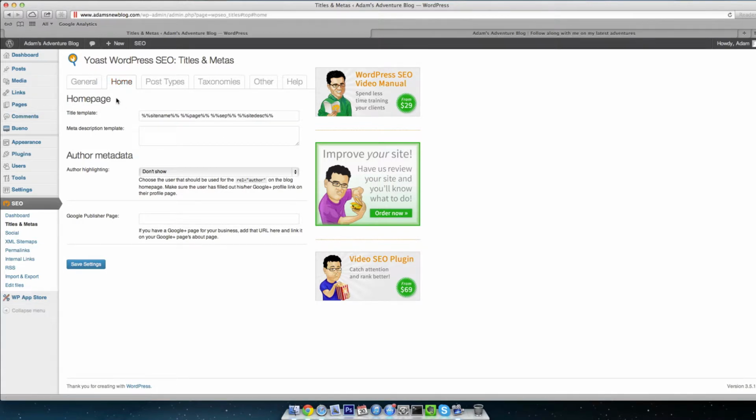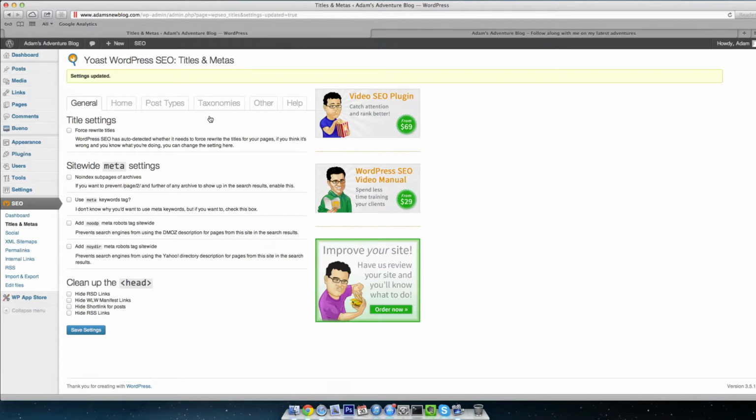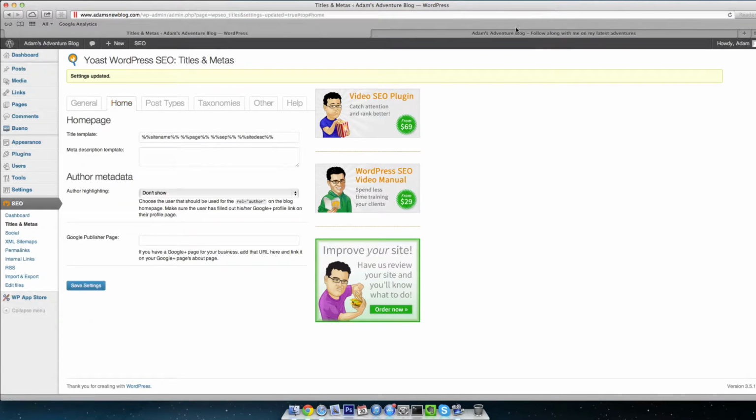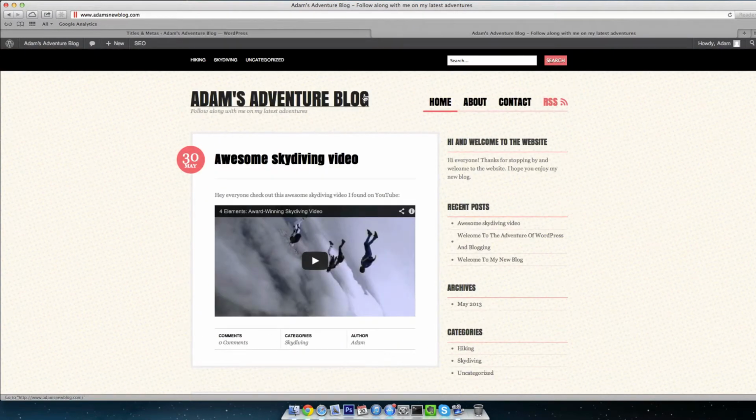So right now the title template for the home is the site name, the page, a separator, and a site description. So let's just save that as it is. We don't need to touch it, and just refresh to show you what that looks like. So it's pretty simple. It's Adam's Adventure Blog -- follow along with me on my latest adventures. Not a bad home title, right? That makes sense. It's very generic. It's taking that right from this title and this tagline,